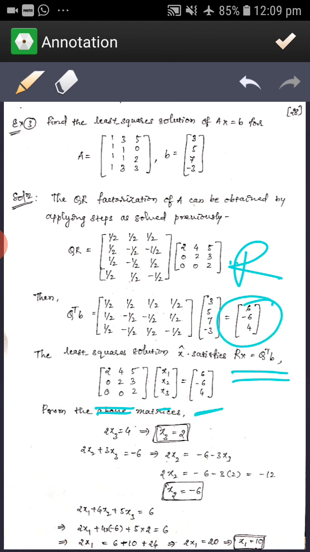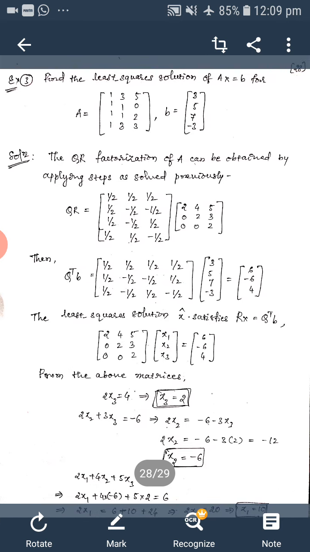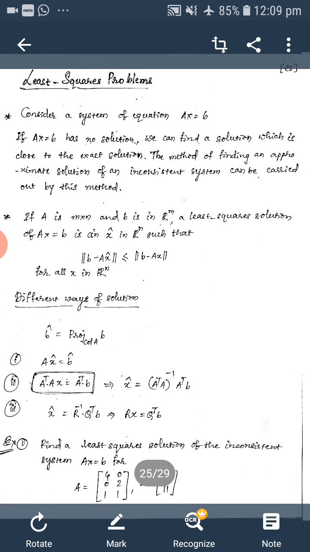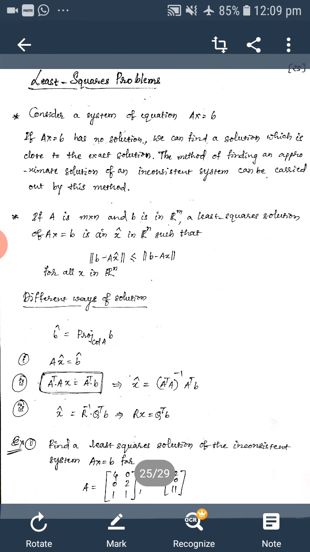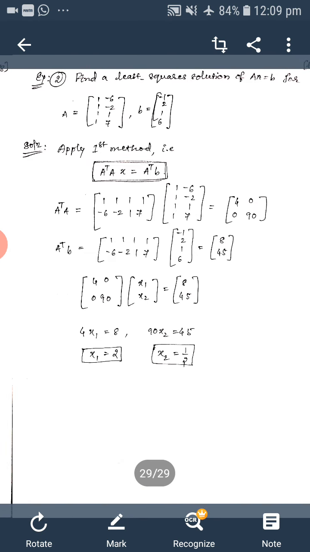So it is like row reduction form. Directly we can match the values here, meaning 2x3 is equal to 4. Then do the back substitution, calculate x3, then do the back substitution again and we can calculate x here. Like this we can calculate x cap. We can calculate x cap by using three methods. One is Ax bar is equal to b bar. Second one, A transpose A into x equals A transpose b. Third one, by calculating R and Q. So like this we have seen different problems here.